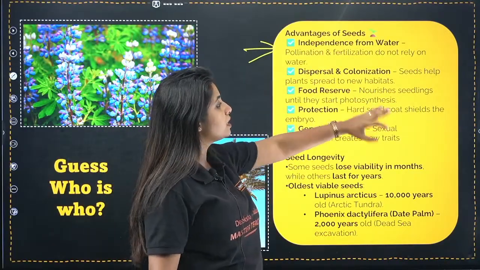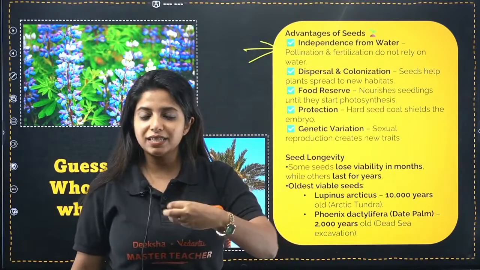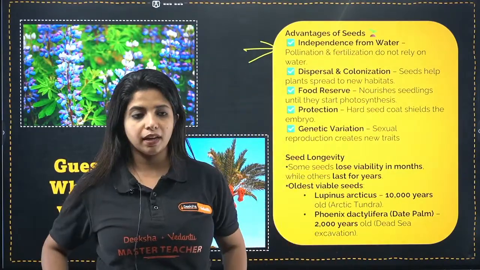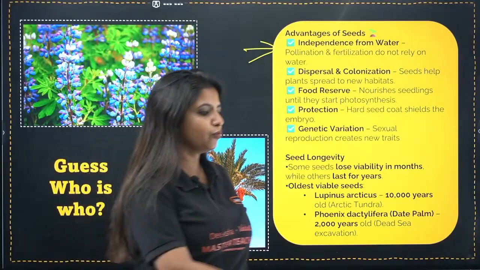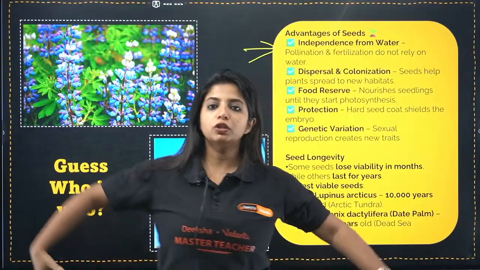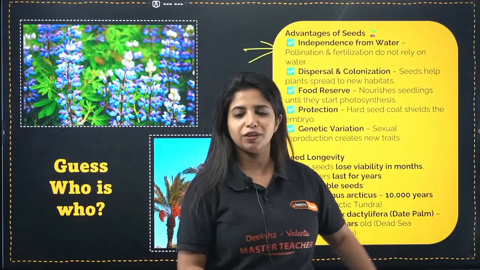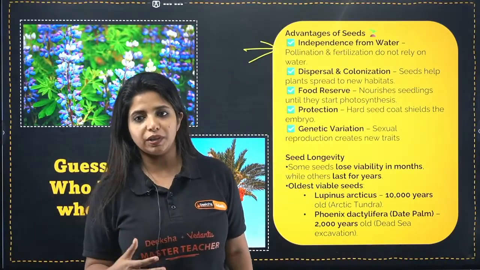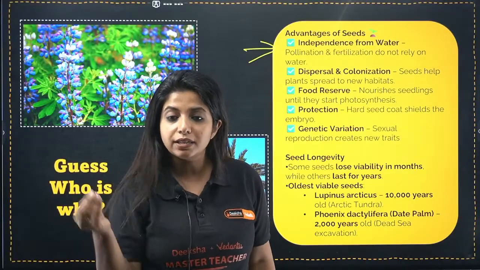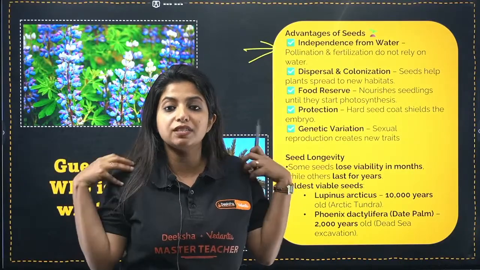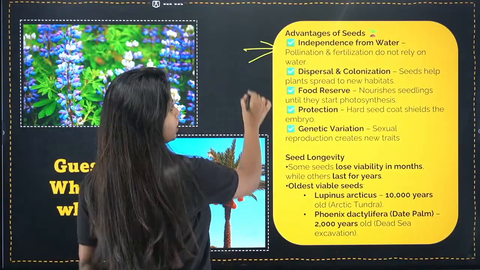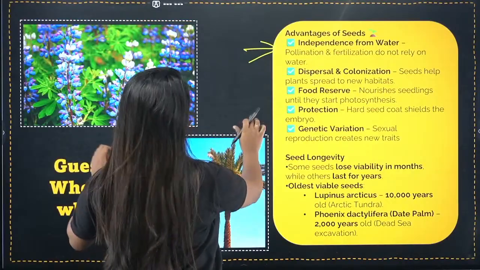Second thing, dispersal and colonization. You understand, seeds are very easy to be dispersed. For example, I have some seed in my bag somewhere and I move around. Basically, it's very easy for the seeds to be dispersed. If at all the seeds were big, this large, can I transport it? No. Even unknowingly, I cannot do it. So you get it? Even when plants or organisms come to eat certain things, some seeds might get stuck on their surface. And when they move around, it can be easily dispersed. So dispersal and colonization is the next thing that we have.